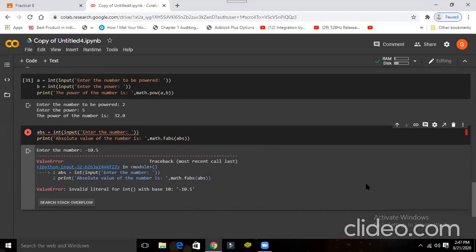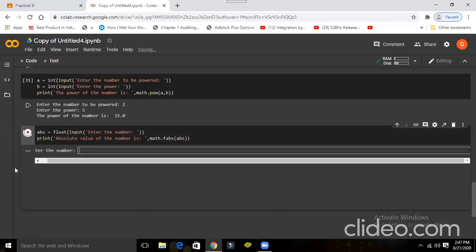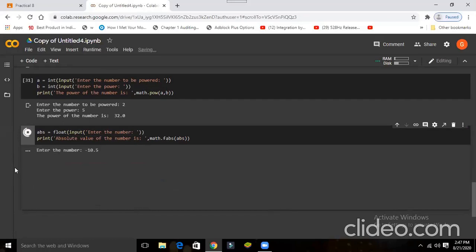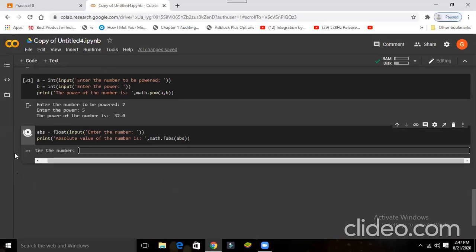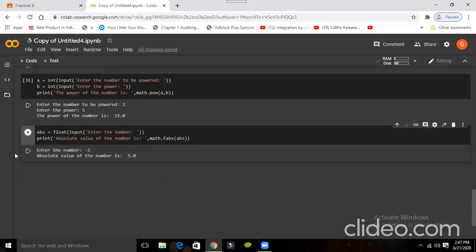Because you are writing integer here. Minus 10.5, 10.5. Yes, so it converts into a positive number and also into a floating point number, right? Suppose you are giving minus 5. That converts it into a floating point number, that is 5.0, and a positive number, so it eliminates the minus sign.